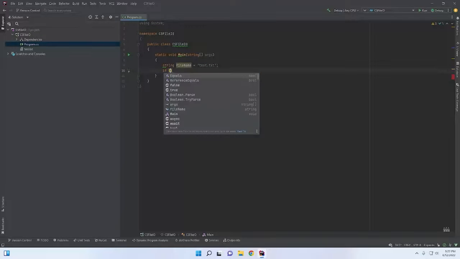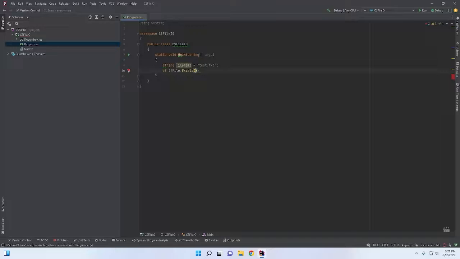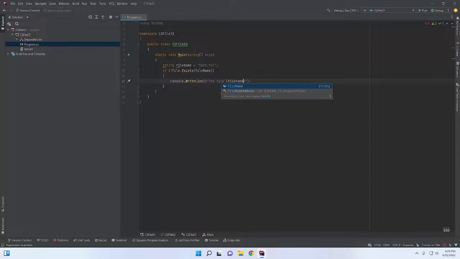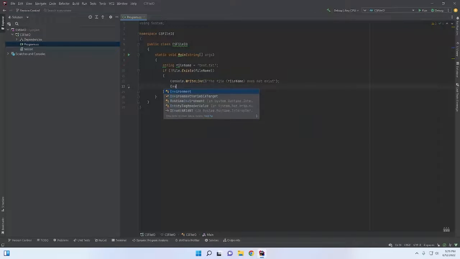So let's say if not File.Exists, and then we'll put in the file name. This is just a safety check to say, hey, does this file exist? Console.WriteLine, and we'll say the file name does not exist. And then we can go ahead and call Environment.Exit, and this will throw an exit code. So if I run this